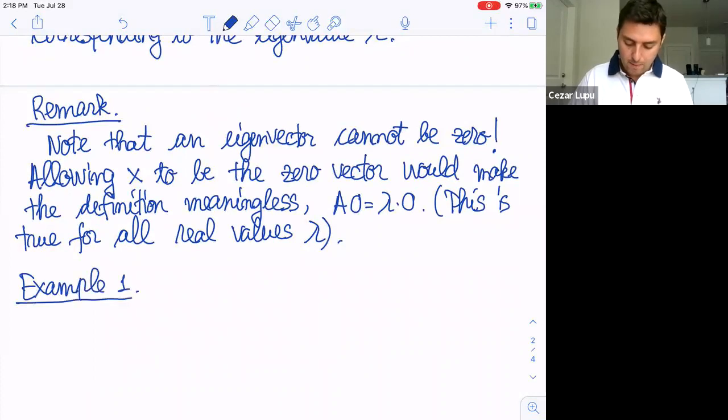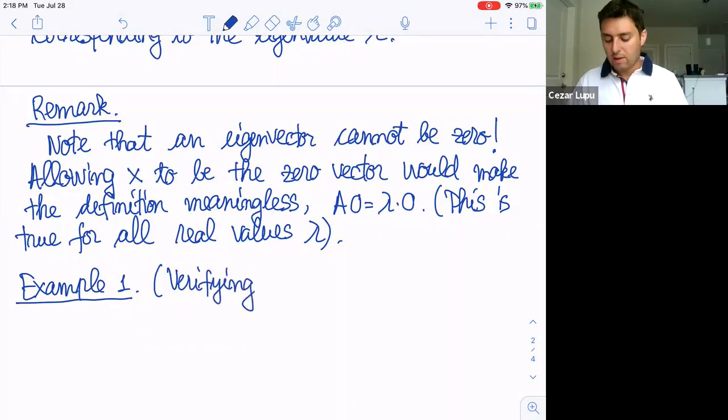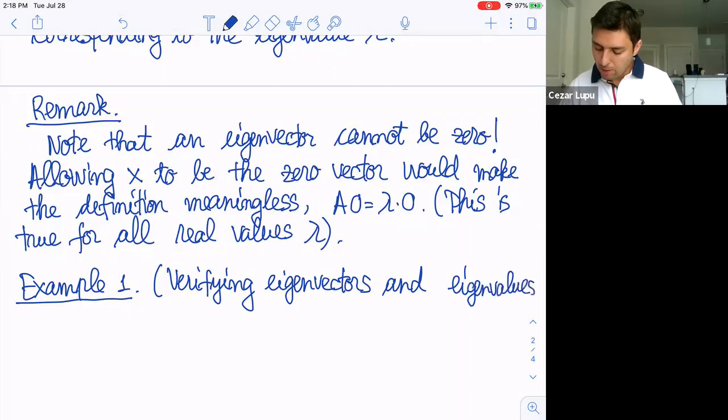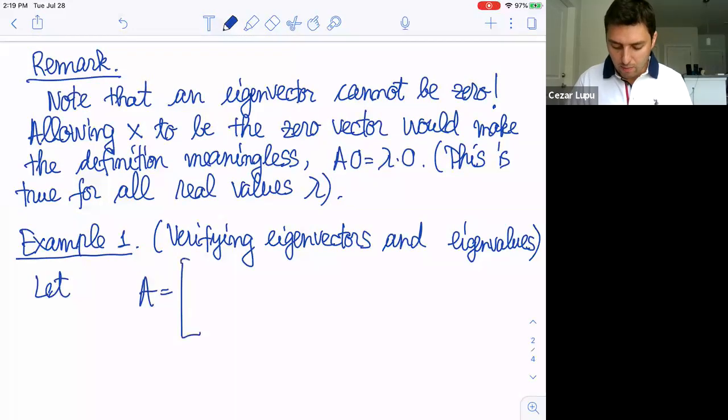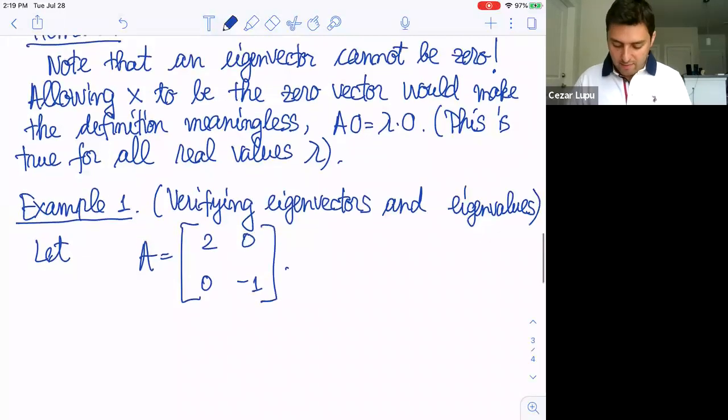Example 1. And the first example, like I said, I'm just going to go step by step. I'm just going to tell you to verify that a certain vector is an eigenvector and a certain scalar is an eigenvalue for this matrix. So this first example concerns verifying eigenvectors and eigenvalues, right? Okay. All right. So let's consider this matrix. I'm going to take a 2 by 2 matrix, and we'll take the following matrix: 2, 0, 0, -1, right? And I want to verify that this vector x1 = (1, 0)